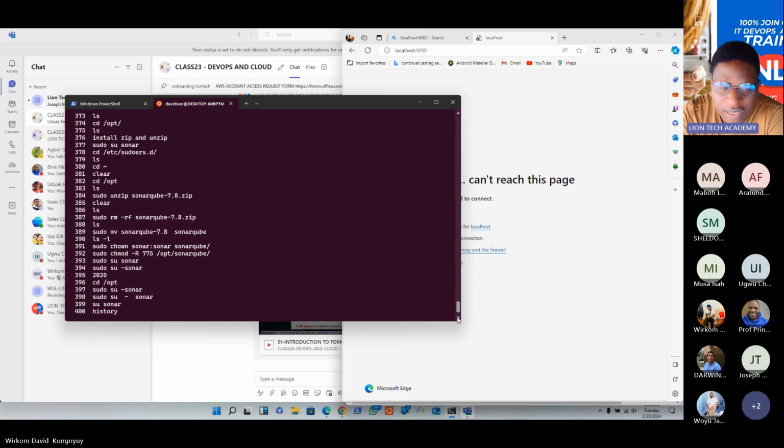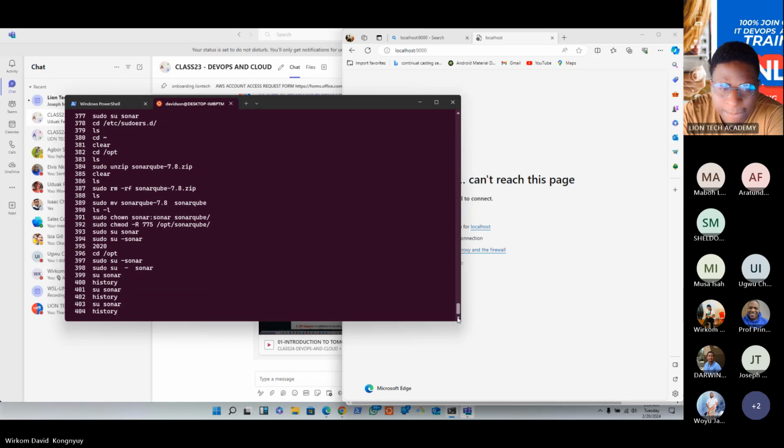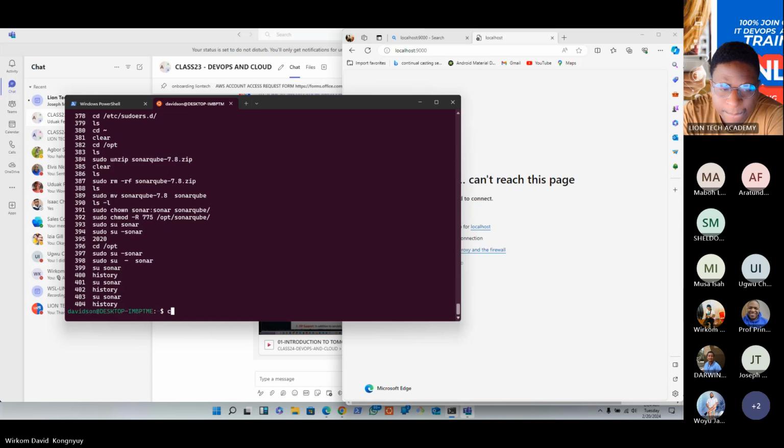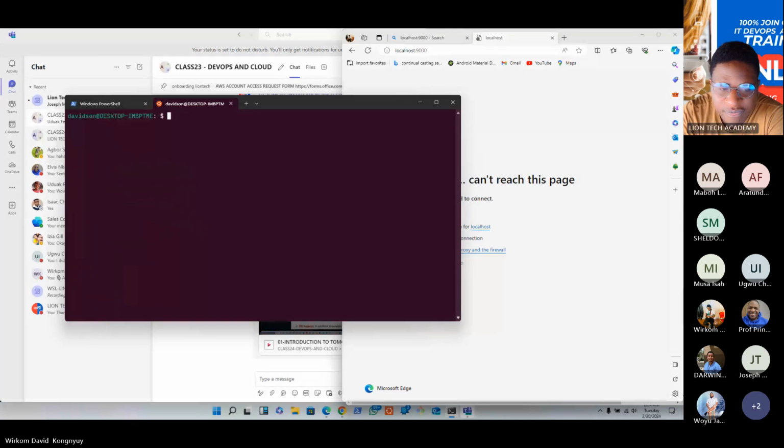Okay. Let's clear the screen now. Clear. Great. And so now let's check the Java version. Run Java, because again, if Java is not available, Sonarqube will not start.